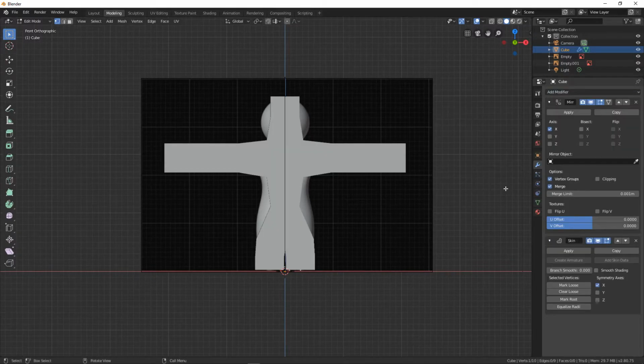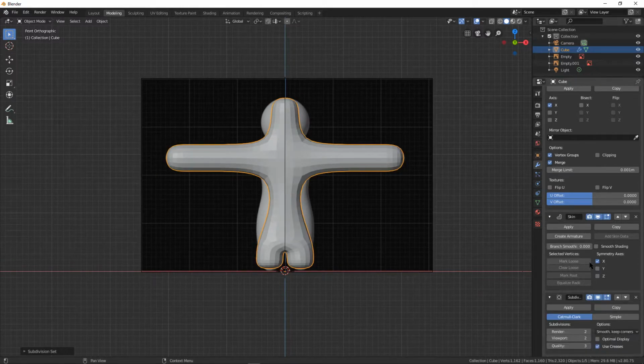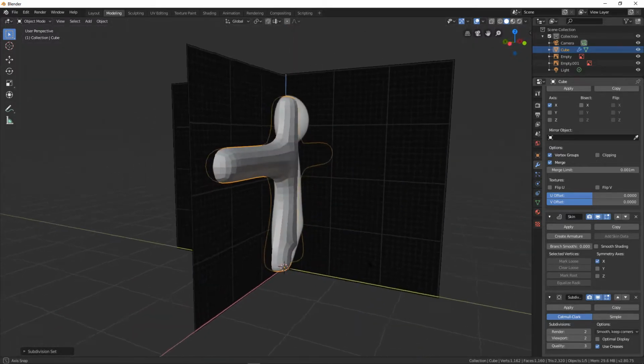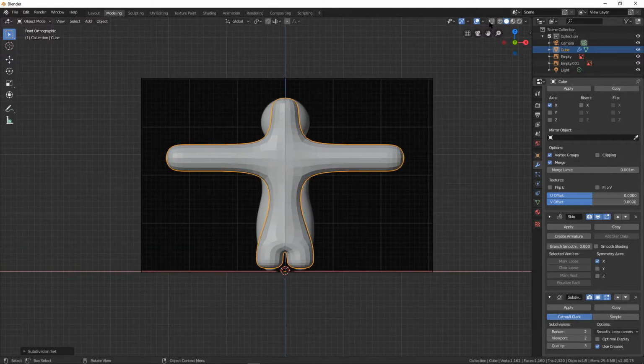Then we want a skin modifier on there and come out of edit mode obviously, and then we want a Control and 2, and that applies a subdivision modifier of 2. So yeah, doesn't look much like a character at the moment. I know. Let's go into